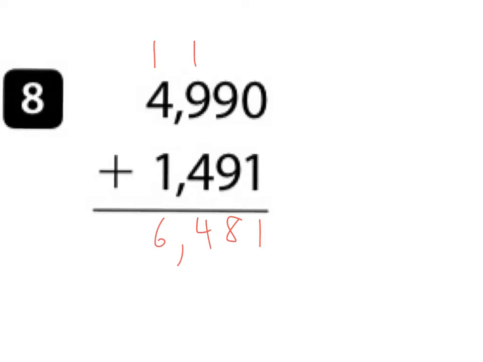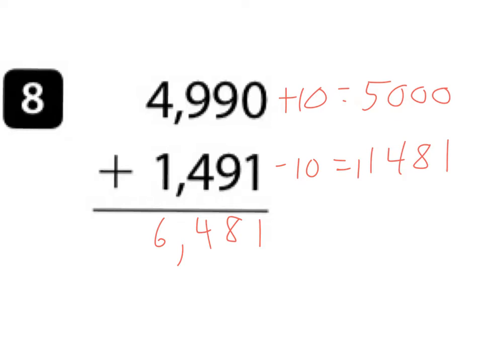All right, if you want to use a different strategy, you don't have to do it this way, guys. Standard algorithm is fine. I'm just trying to show you different methods to do things. So we can add a 10 to here to make it an even 5,000. And then if we add 10 to the top, we have to take 10 away from the bottom. And then you would end up with